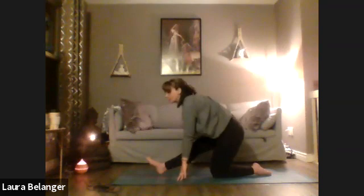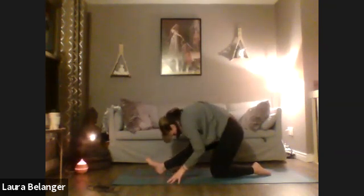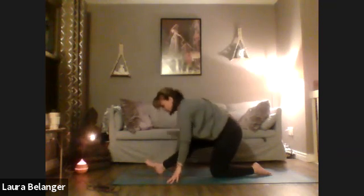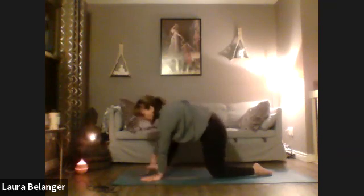toes flex towards the face. And if it's available, we're going to bring our forehead down towards our knee. Feeling this runner stretch here. Beautiful. Rising up out of that, bending that right knee, walking our hands forward, planting our hands, bringing our right